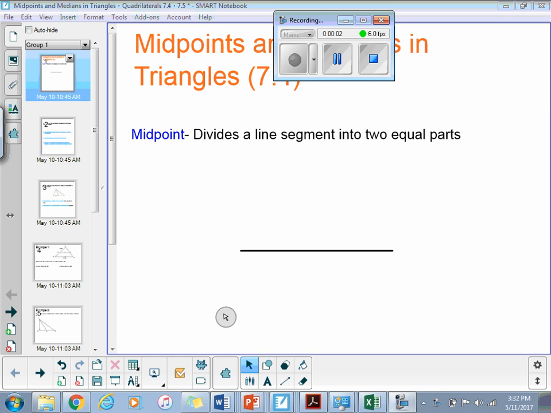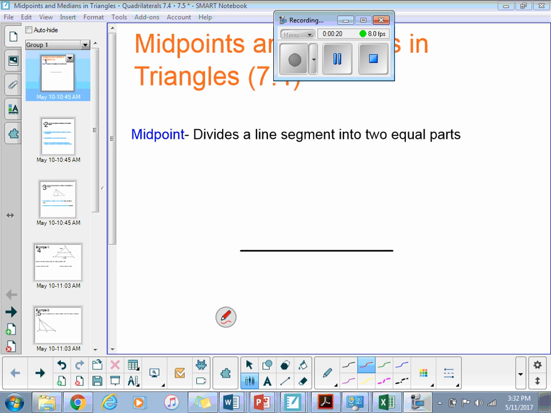Okay, so this lesson is actually going to combine two sections in your textbook, 7.4 and 7.5. We're going to start with 7.4. That's the front side of the page. 7.5 is the back side. So starting with the very first thing, a midpoint. And by the way, the lesson here is not so much on calculating angles, but helping you find sides